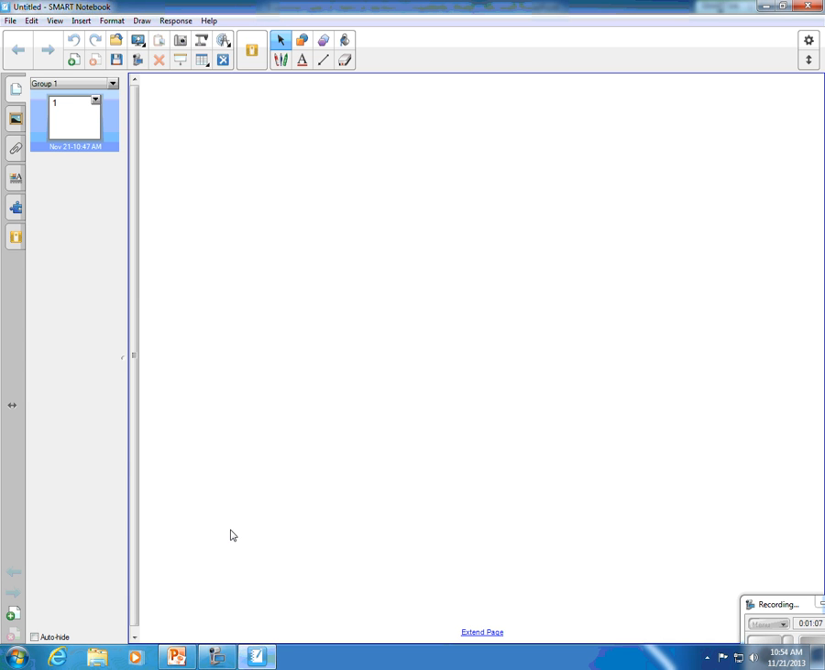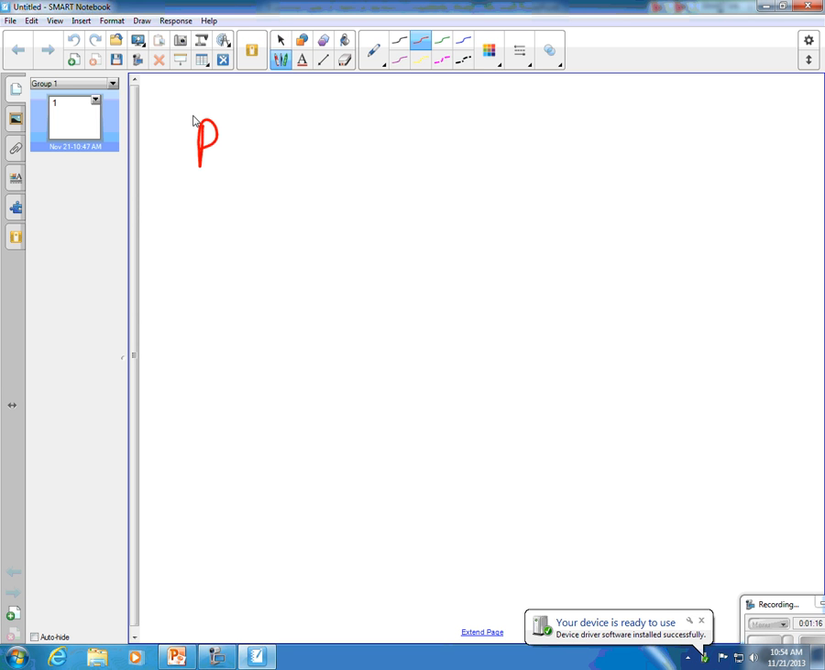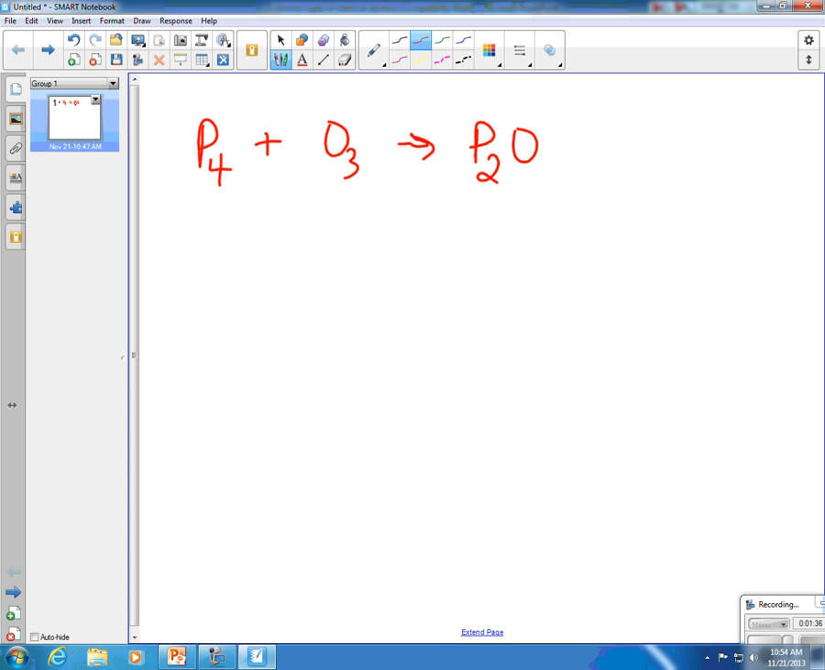For a formation reaction, we can have phosphorus, which we know by itself is a polyatomic element, plus oxygen, which is a diatomic element, and this gives us P2O3. Now, we also have to balance this, and so we have 4 P's here, 2 P's here, so we're